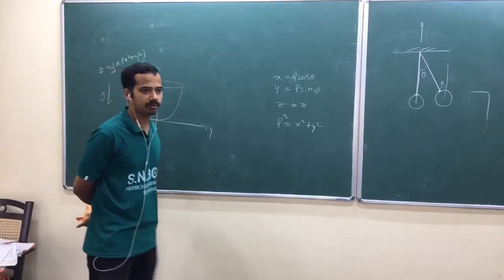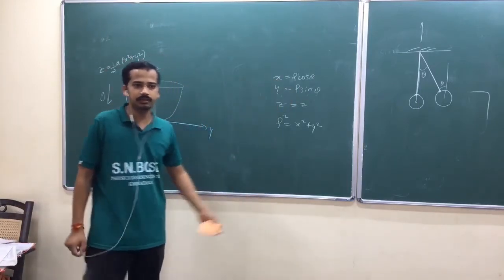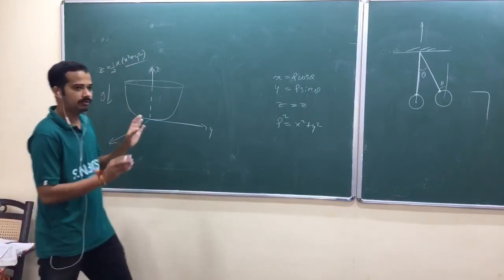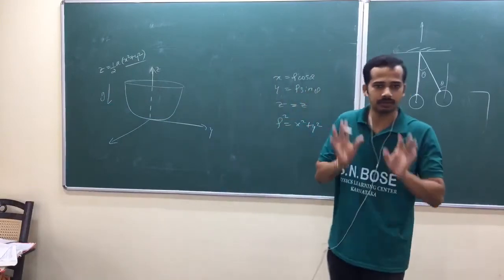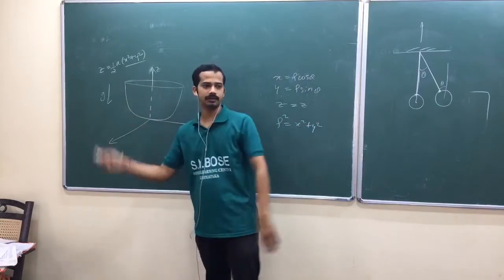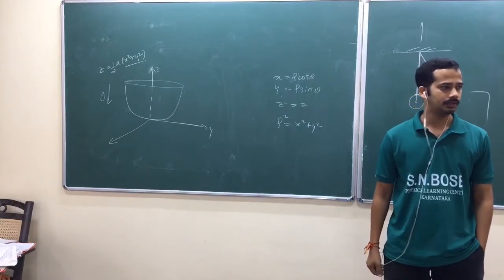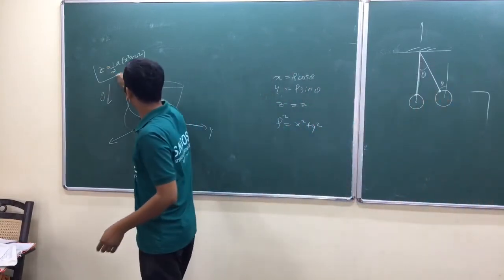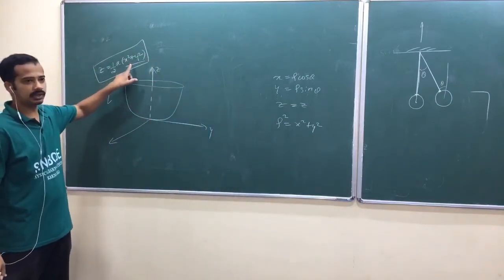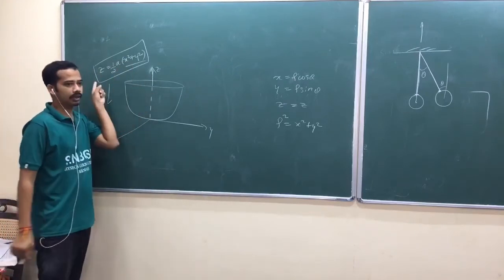In case of spherical polar coordinates, if you had x square plus y square plus z square or something as a constraint, then you can use that one. You can eliminate the coordinate. So that's why when you see the question of a bowl, you should directly go to cylindrical coordinates because it has cylindrical symmetry. When you rotate that one about the z axis, it has cylindrical symmetry. Or at least by looking at this equation, you should go for cylindrical coordinates. Why? In cylindrical coordinates, rho and z are two coordinates and rho and z are related here.